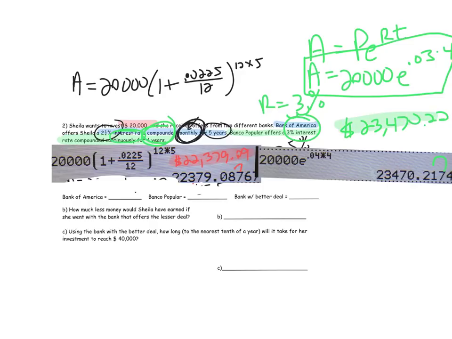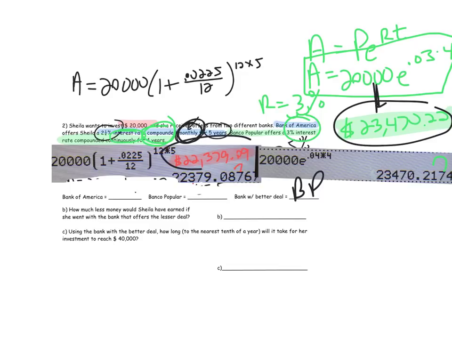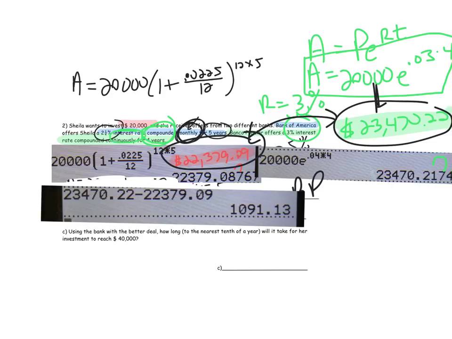So for each bank we have the balance, and the bank with the better deal, meaning more money, appears to be Banco Popular. How much less money would Sheila have earned if she went with the bank that offered the lesser deal? Basically, they're just asking you for the difference of the two balances. So it looks like here, the difference is